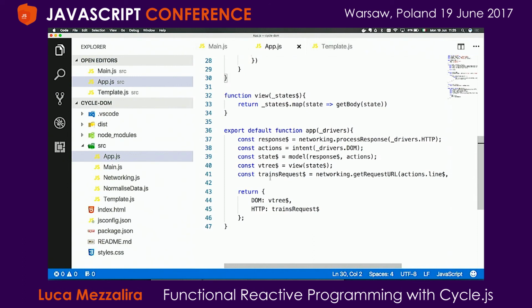Obviously, every time that I got the request, I prepare. Yes, one thing that is important, this $ sign. So this is called Finnish notation. It was created by the creator of Cycle.js, and now it's a standard in the reactive programming world. It's basically saying that this one is an observable. So it returns an observable. So you know immediately when you are writing with it that this is an observable, nothing else.